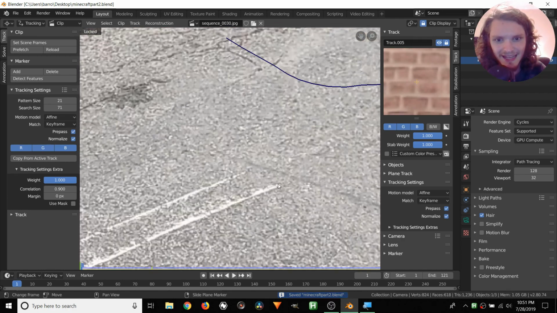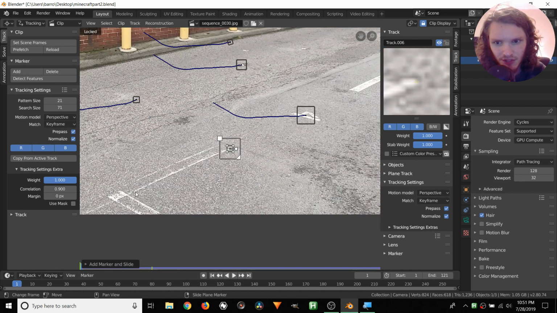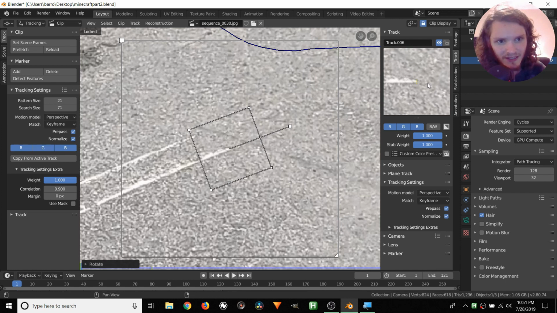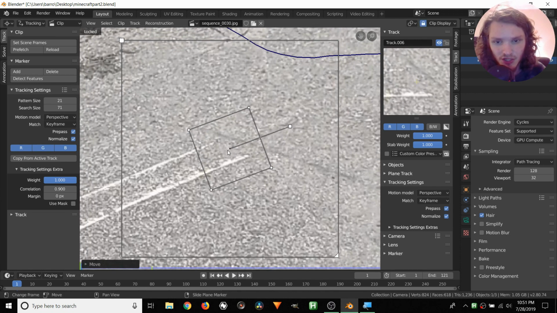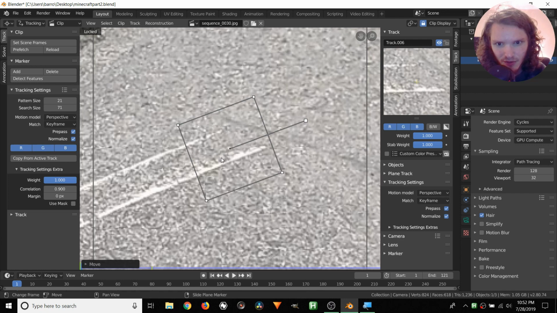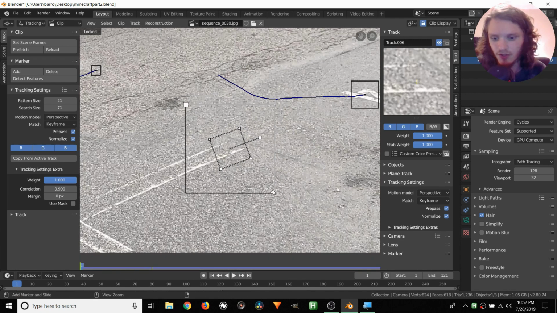So let's try adding, I'll keep it in, actually, we need to change it to perspective if we're adding one in. So perspective tracker, let's try this corner of this grayed out, or kind of worn, weathered parking line. Rotate it. And again, we can look in this tracking area just to see what it is that we're actually capturing. Maybe move this over. It's always good to have your center point on something you could recognize to see if it's drifting off center. So maybe this white dot right here that you can see I centered it at. Let's move it just a bit more, holding down Shift for fine control. So let's try that. Control T.